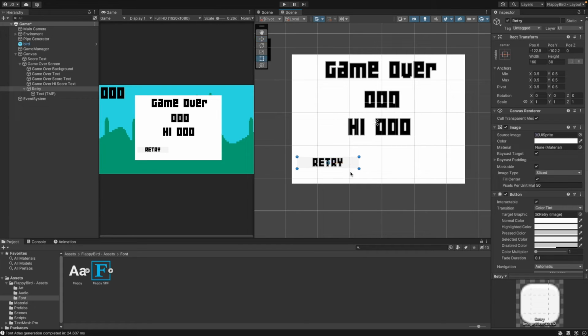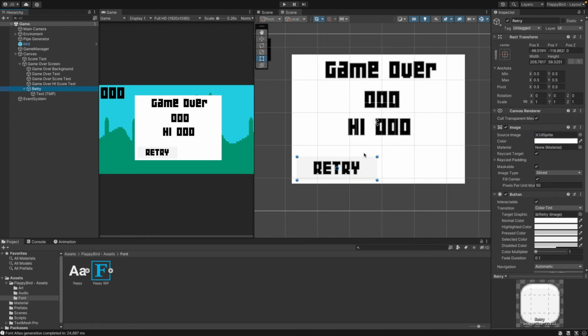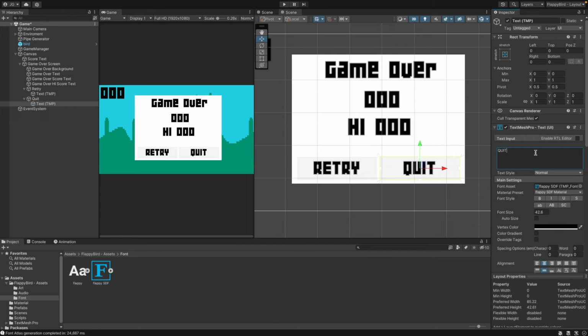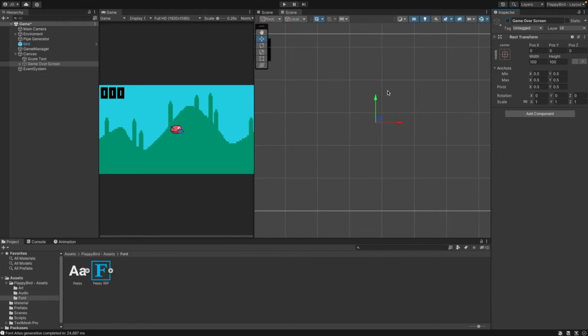We want to make our button a bit bigger. So maybe there and there. Change the font size bigger again. And there. Good. Let's duplicate a retry button. Right, we want to move it. Good. Change retry from retry to quit. And we're going to rename the text quit. Perfect. Okay, the last thing we want to do first, we just want to actually set this active to false,